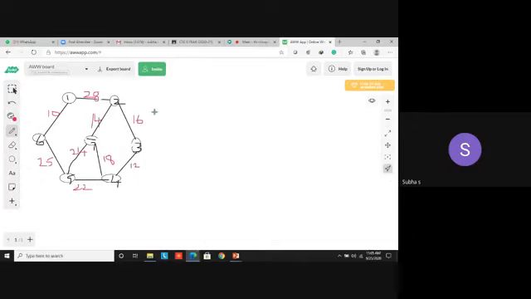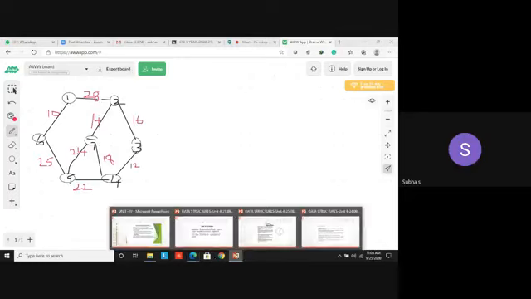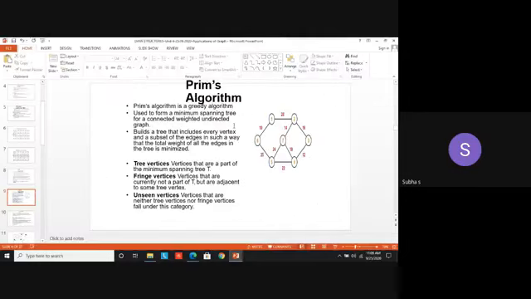Yes. Now you are going to apply Prim's algorithm here. Yes, we can start from any one vertex. Before that, understand the steps that we are going to follow. Make it fast, just understand it carefully. Prim's is a greedy algorithm. Greedy means I want to get the best solution at the first step itself. That is initially. That is called as a greedy algorithm. Mainly it is used to form a minimum spanning tree for a connected, weighted and undirected graph.